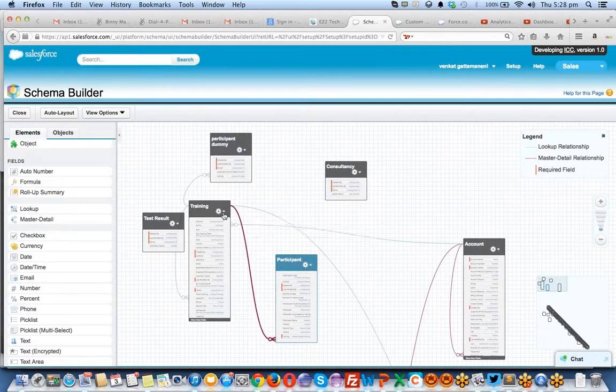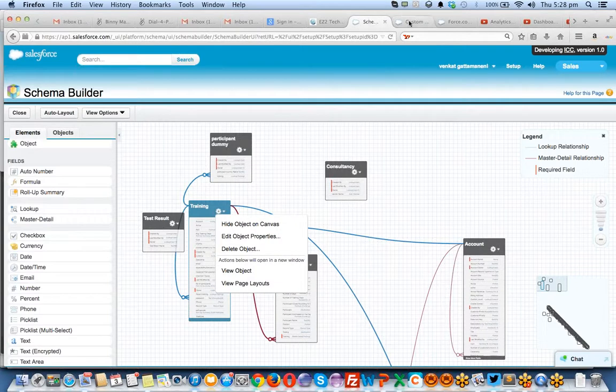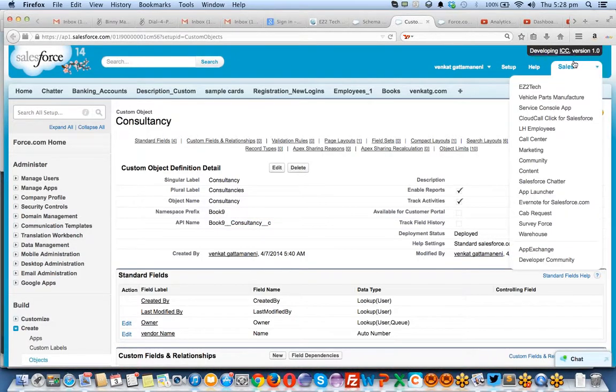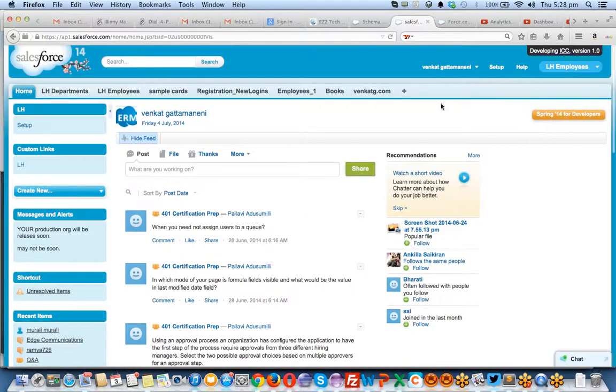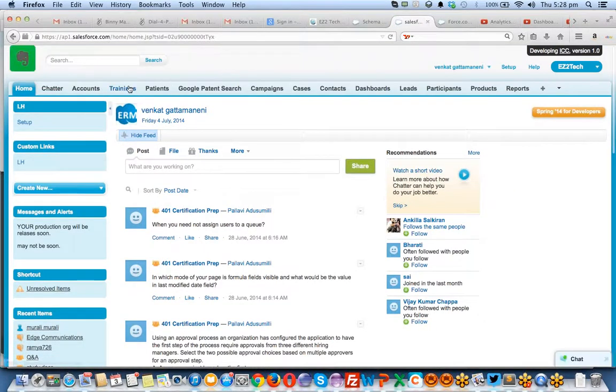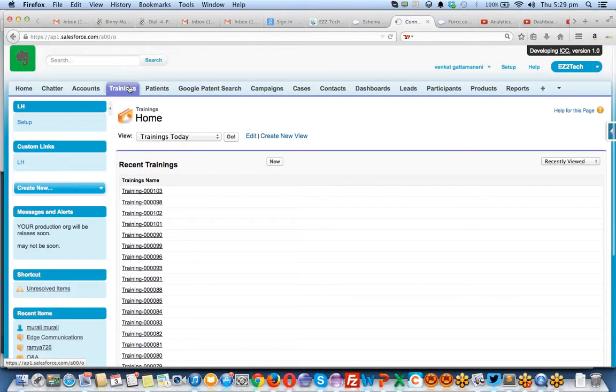Let's show that field to you. I'm going to the training object now. I will select the EJ2 tech app. I want to see the training tab. Yeah, here is the training tab. If I'm opening some record,